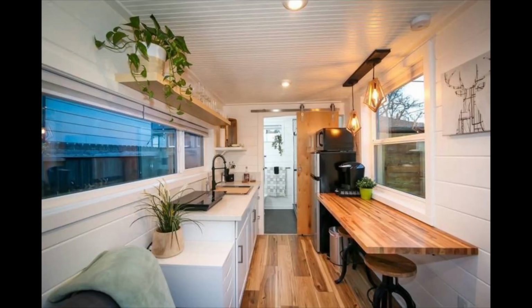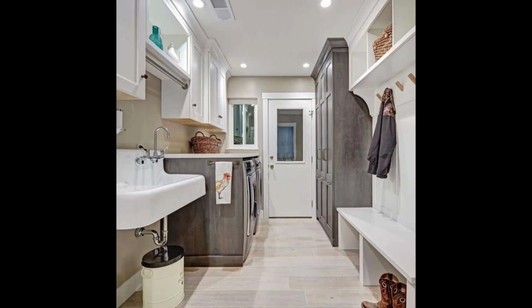Having an ADU or accessory dwelling unit either attached to your home or separate from your home is a great idea to keep your elderly loved ones in a space that they can call their own. And in addition to this, it can also be used as an investment property later on. You can use it as an Airbnb or a rental. And the last tip or trend that we're seeing a lot of is really updating your mudroom or laundry room,